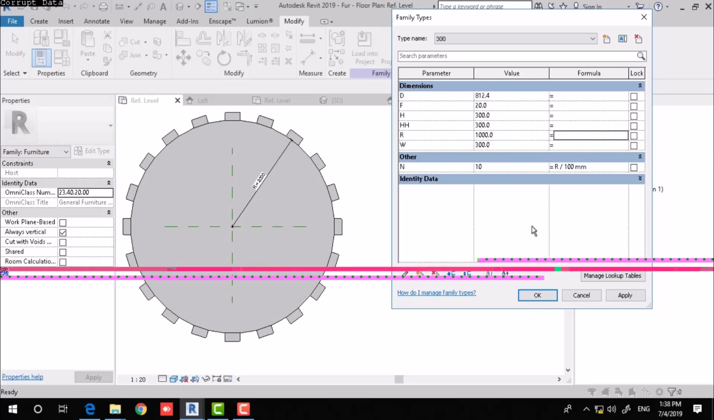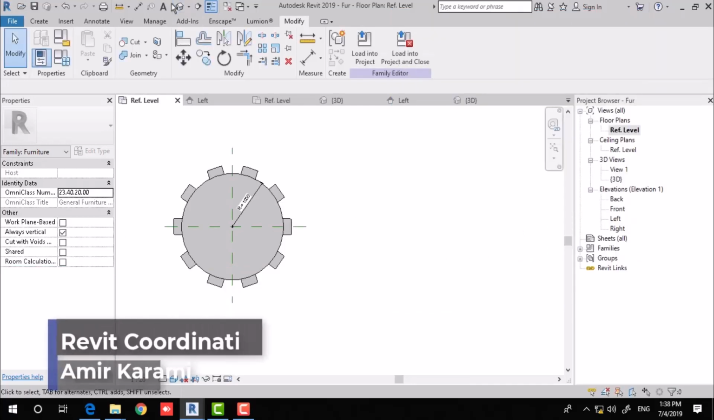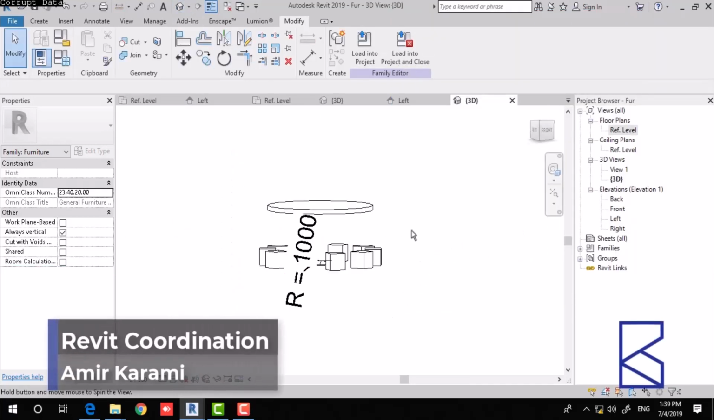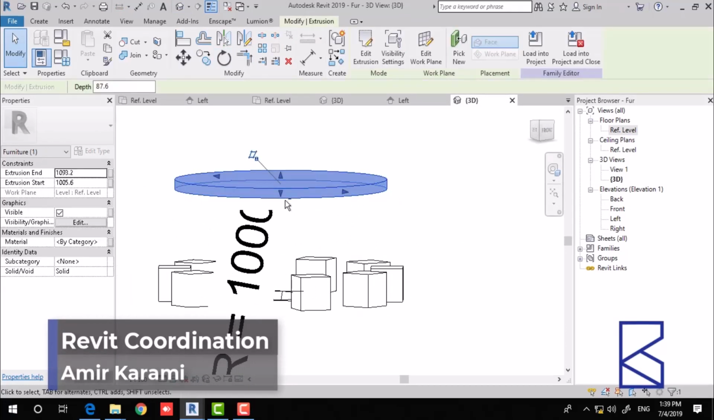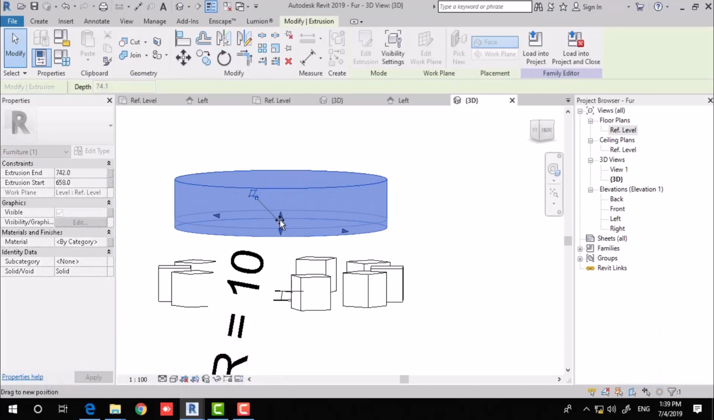So it is working correctly, whether you associate them to each other or not. If you don't define a formula, then you should control it manually. And you can use the shape handles for the height of the extrusion,